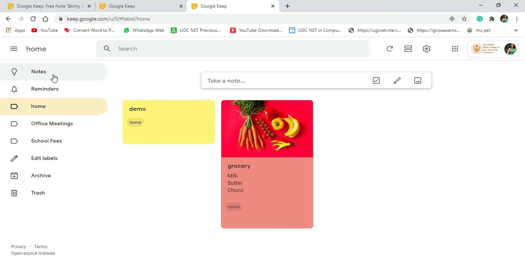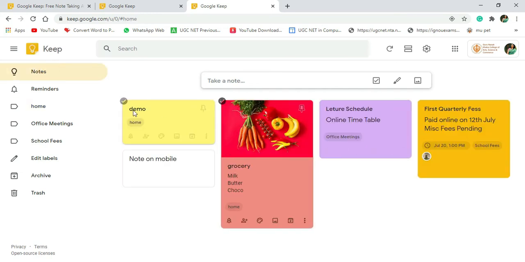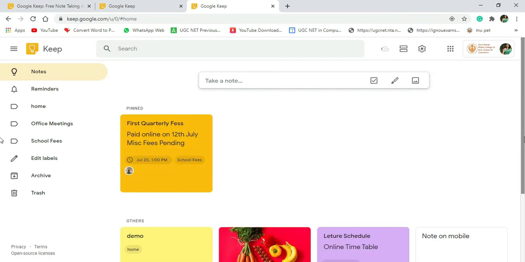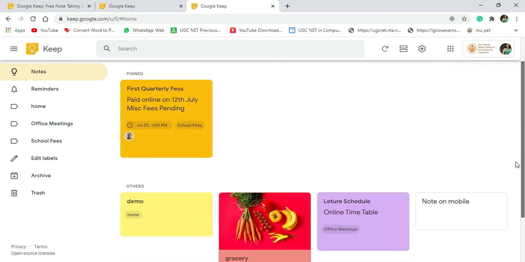Then over here you can see I'm getting all notes together, but suppose I want to pin a particular note, so that note should always come first. I can click on this pin button. So pin note, and I will always get this note at the first position. Let me show you another option which is there.